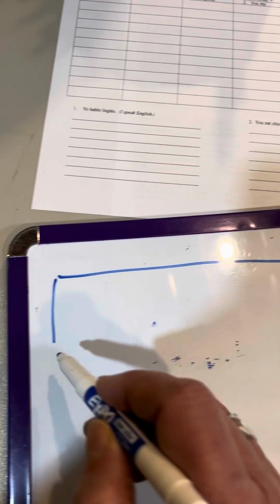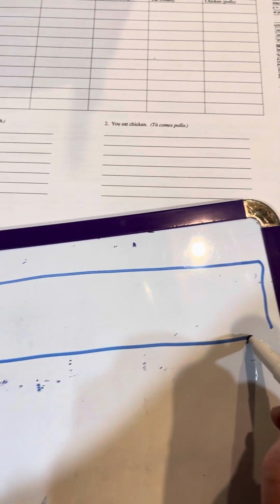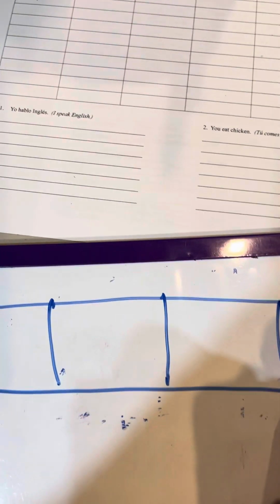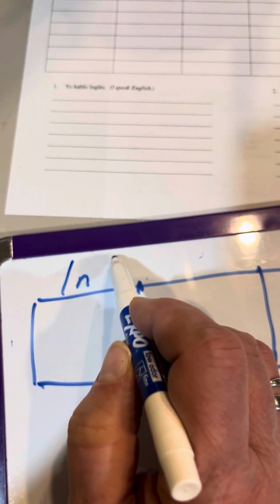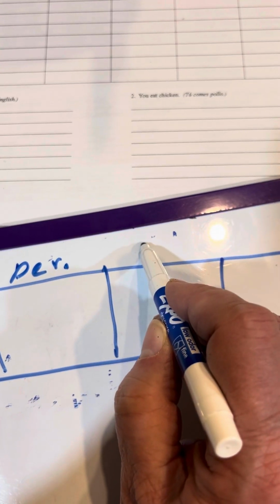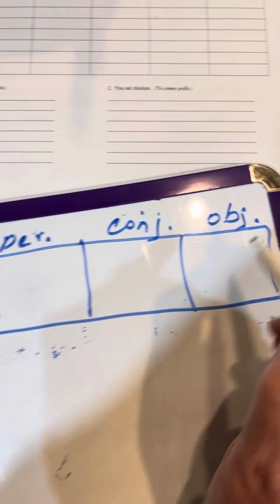And as we did it last night, if this helps you, oops, here. Sorry about this. I should be able to do this with one hand, right? Okay, we take 4 columns here, 4 little boxes. So we're going to divide this in half and in half. So here I'm going to write my infinitive. Here I'm going to write my person. Here I'm going to write my conjugated verb. And here I'm going to put my object. And this will help you.